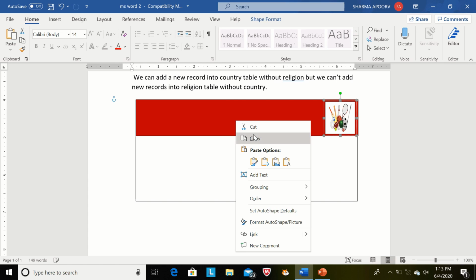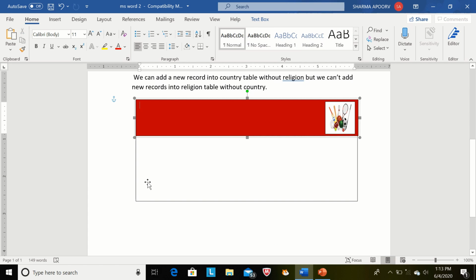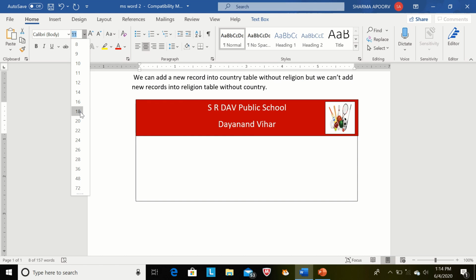Now right mouse click on this shape and I will write. Now I am selecting my text, placing it in the center, and changing the font size.